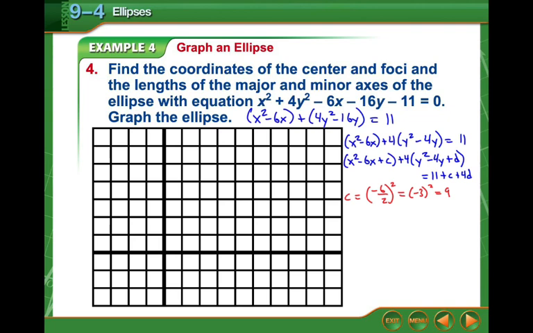So there's that. We need d. That's going to be equal to negative 4 divided by 2 squared, so that's negative 2 squared over 4. So now we're ready to go ahead and plug these numbers in. Over the x's, we have x squared minus 6x plus 9, plus 4